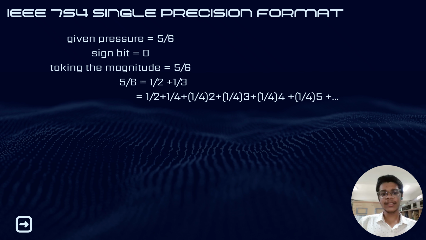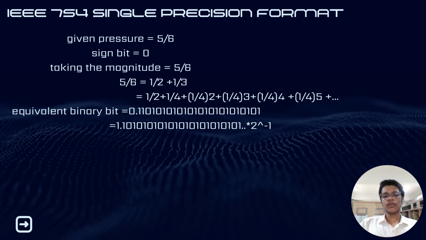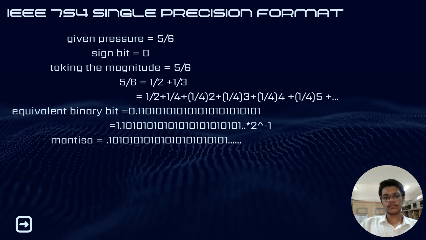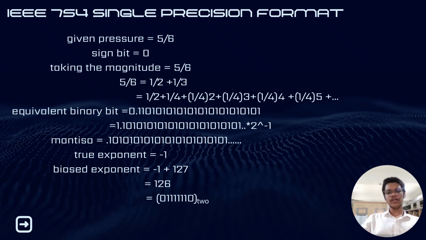By converting it into equivalent binary representation, we get 0.110101 recursively. So by taking common 2 power minus 1, we can write it as 1.1010101010. The mantissa of its equivalent is 101010 recursively. So the true exponent is minus 1. Since the biased exponent equals true exponent plus 127, we get 126. By converting it into binary, we get